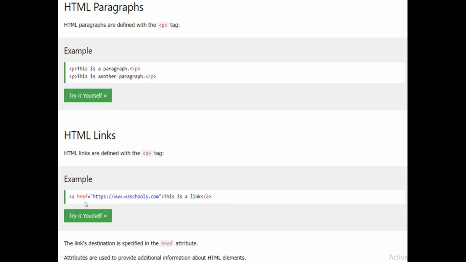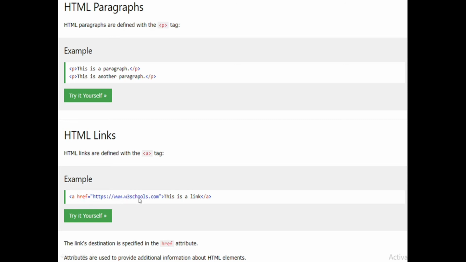Attributes are usually used with HTML elements, and they provide extra information about those elements. For example, a tags will help us to go to a different link, but to which link? That link's address is given as the value to this attribute.